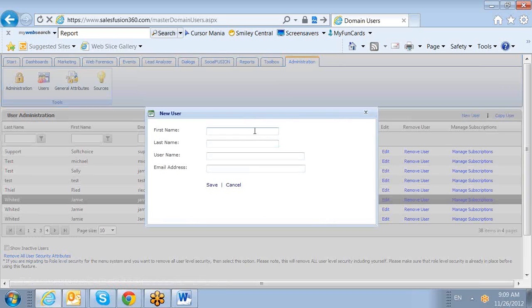You would enter the person's first name and last name, so I'm going to go ahead and put in my information. Username can be anything of your choosing. To make it easy, I would put in their email address as their username. So I'm going to put in,